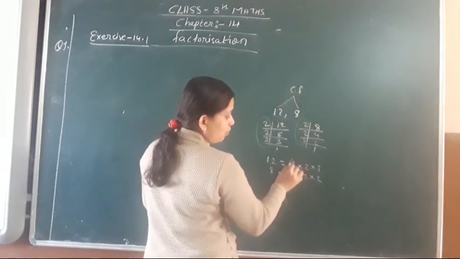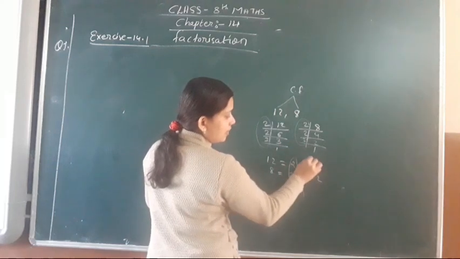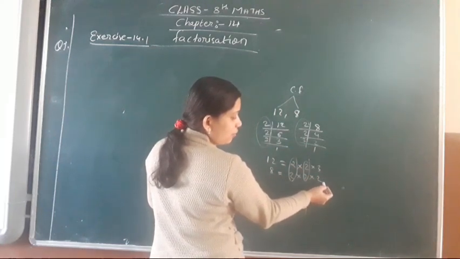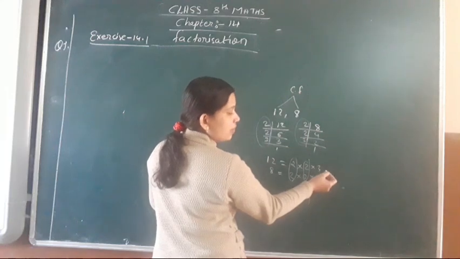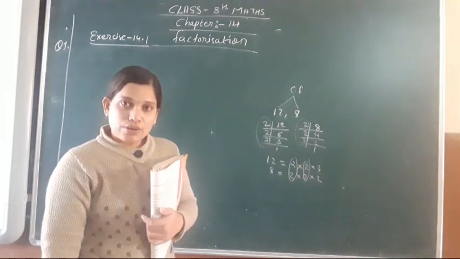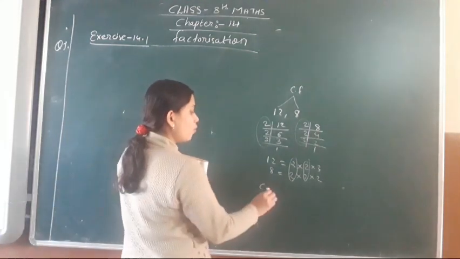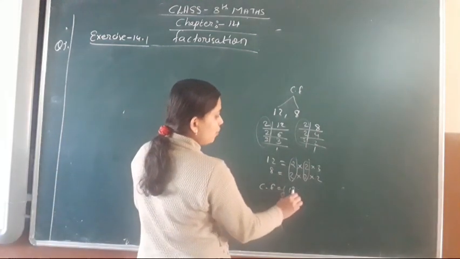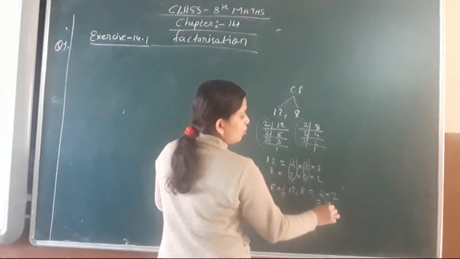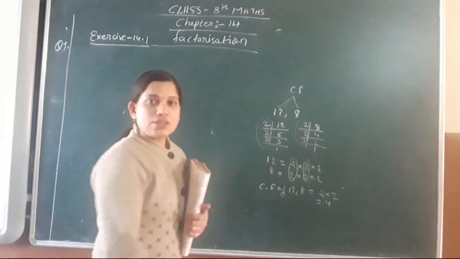So what are we going to do? We are going to mark the common factors like this. See, here 3 does not have a pair in the factors of 8, and one 2 does not have a pair in the factors of 12, so they will remain unpaired. That means they will not be common. So what are the common factors of 12 and 8? The common factors of 12 and 8 are 2 into 2, that is 4. Have you understood this question?